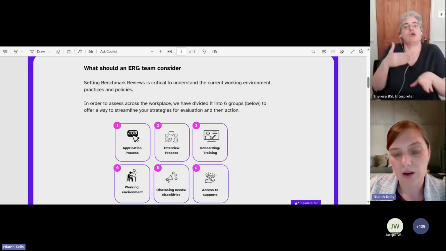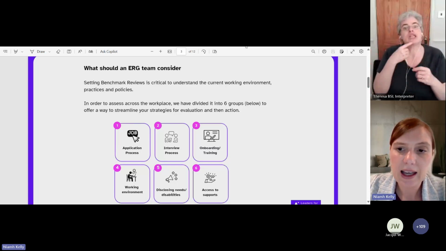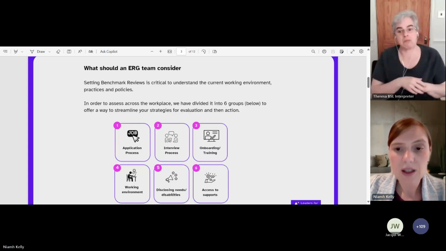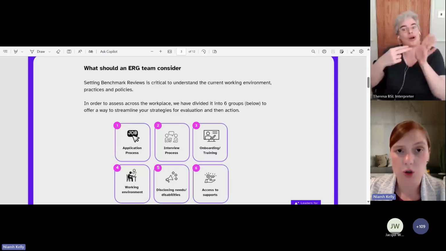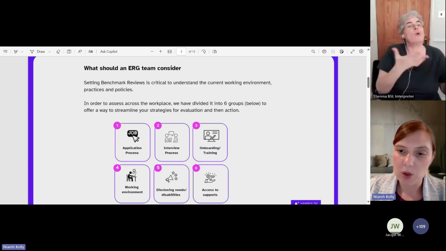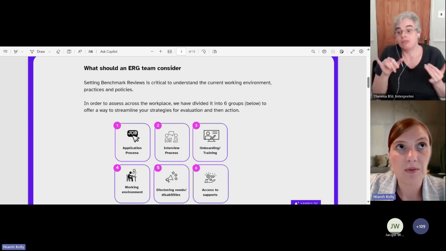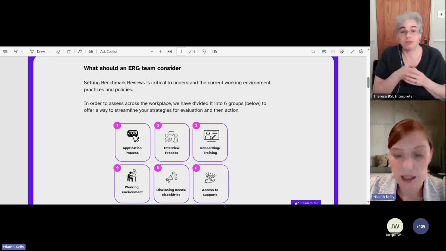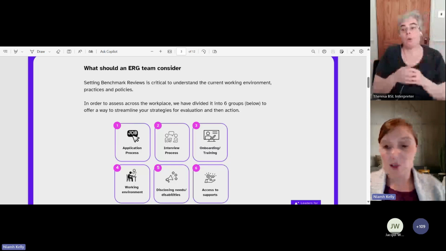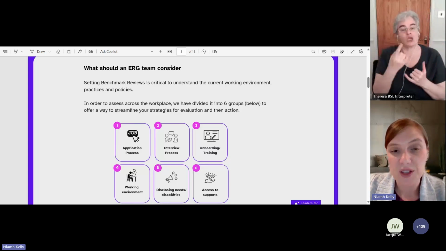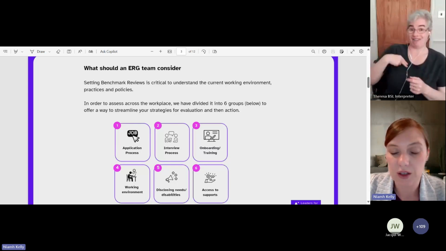And then we also have another area, which is the access to supports, again mentioned by Jackie. It can take up to a year. It's going to depend on your organization, the country that you're in, and whether you have the medical notes to declare that you do have a disability, or is it something that you have just self-identified? If you self-identified, perhaps HR are not going to take it seriously and are not going to give you an